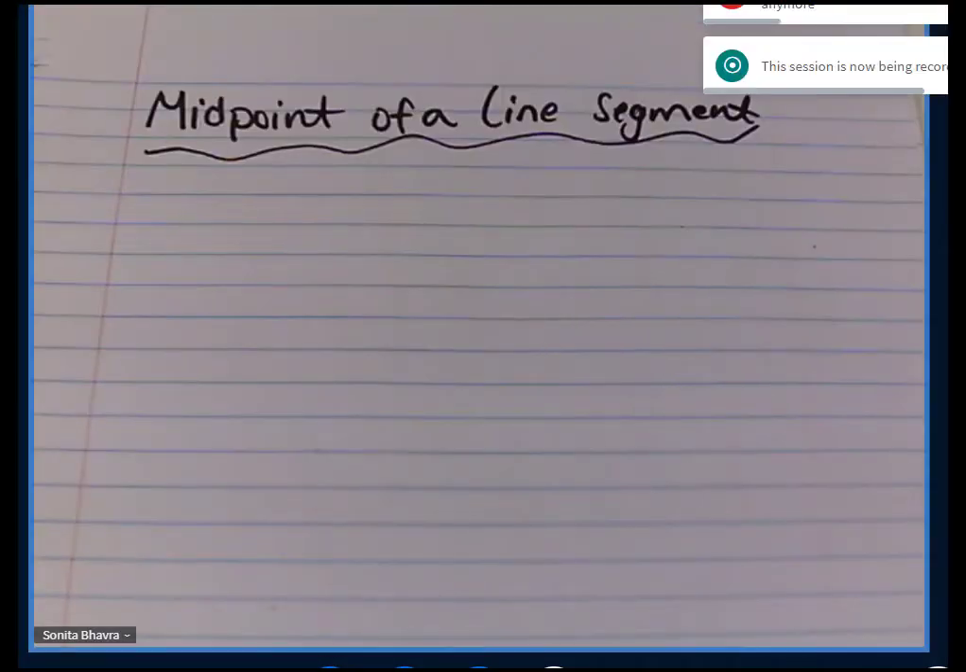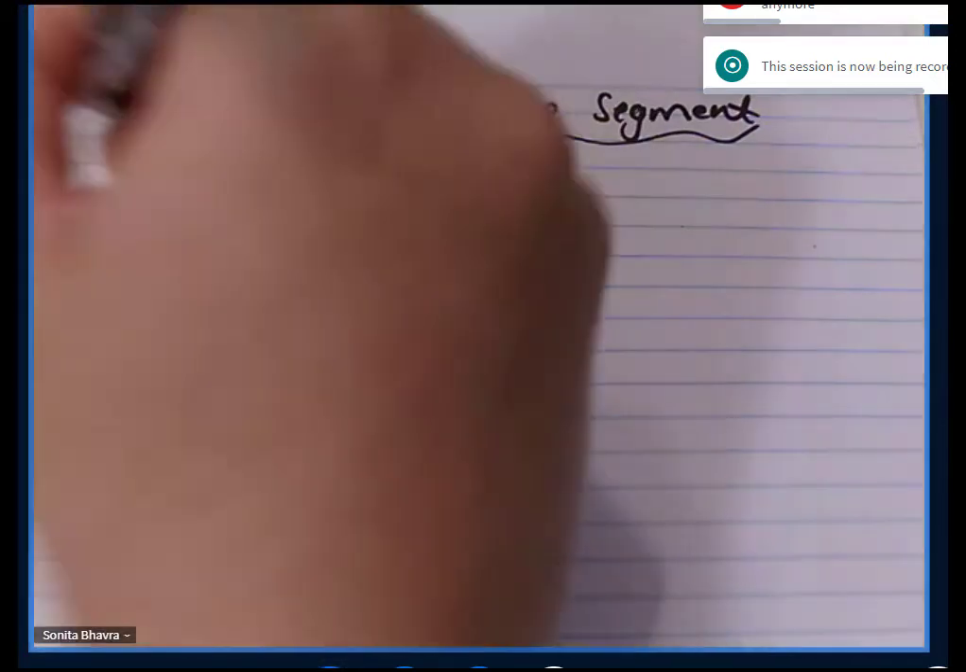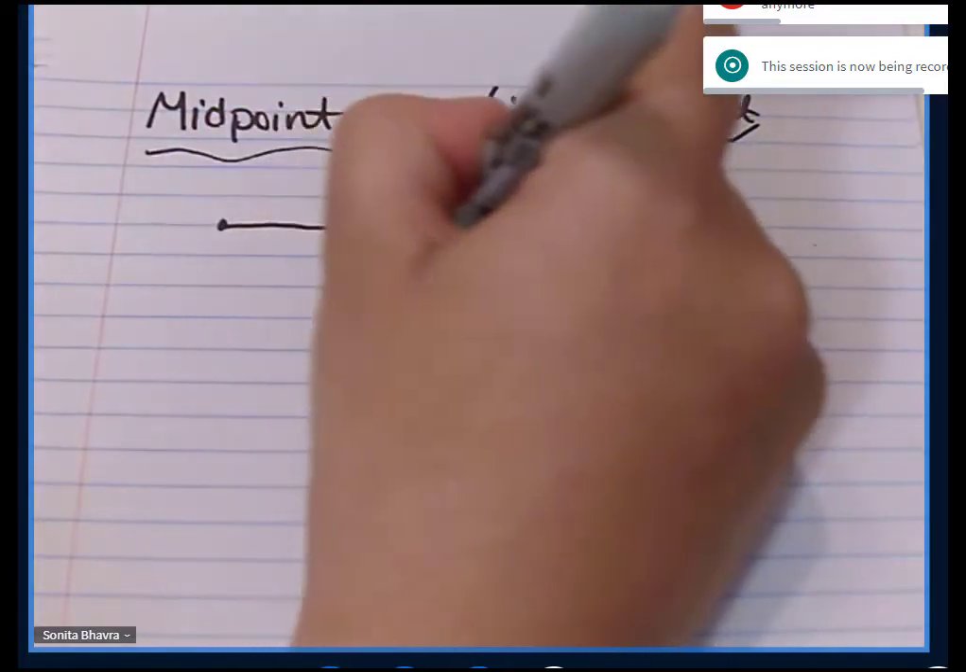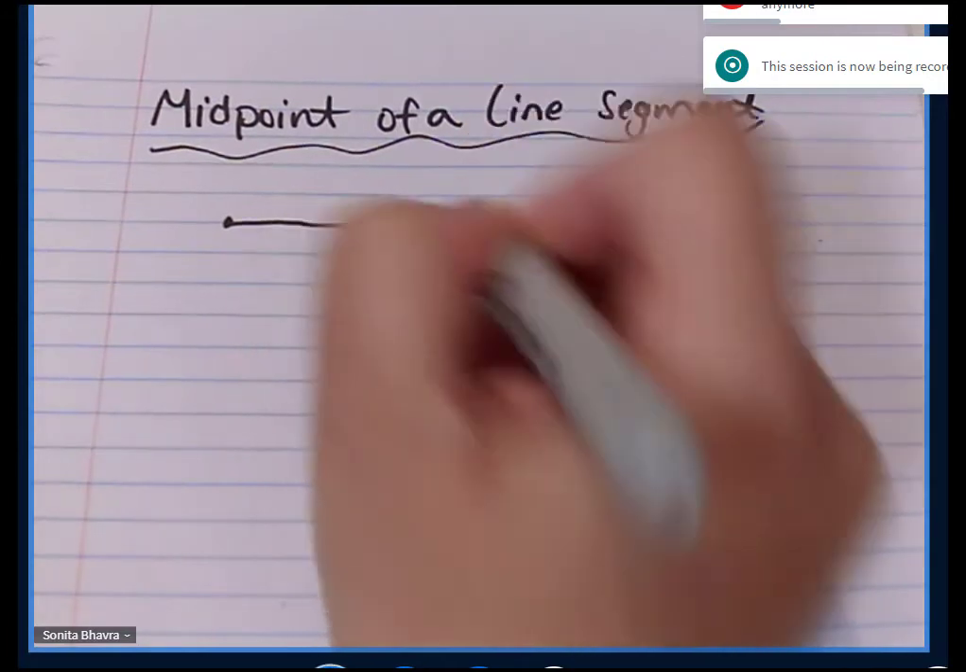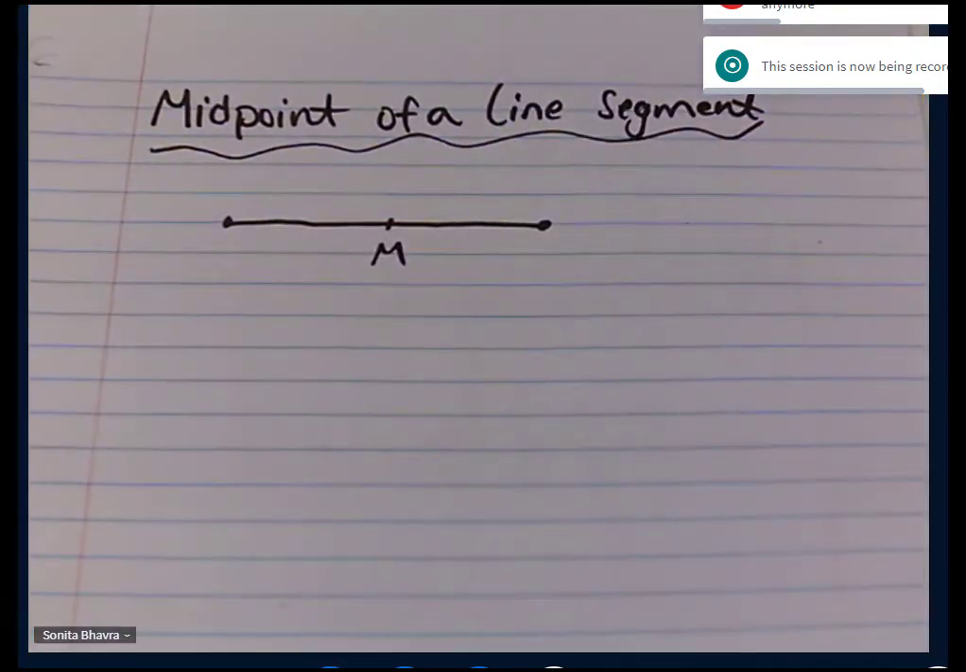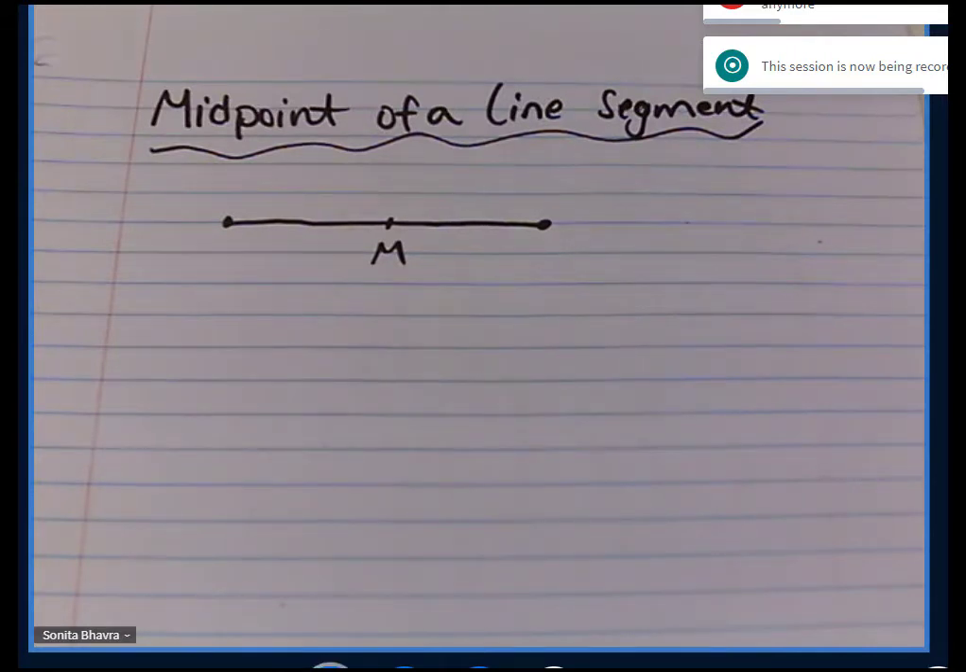All right, so the next thing we're looking at here is the midpoint of a line segment. Midpoint, basically, is just the center of the line segment. So if we had a line segment like so, the midpoint would be right in the center, so that would be your midpoint. All right, so there is a formula that you can use to figure out the midpoint of a line. And the formula is,